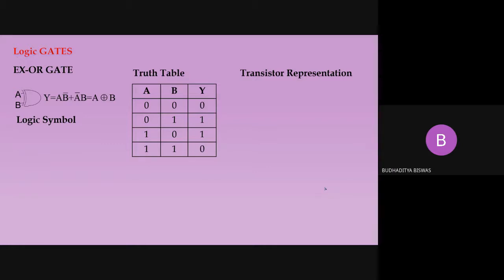Sir, when all the inputs are same, the output is low. Very good. So when all the inputs are the same in level, meaning either 1 or 0, then the output is low. For the example of the 2-input XOR gate, if A and B are both 0 0, then the output is 0. Similarly, if A and B are both 1 1, at the same level, then the output is also 0. The output is high when the inputs are at different levels.